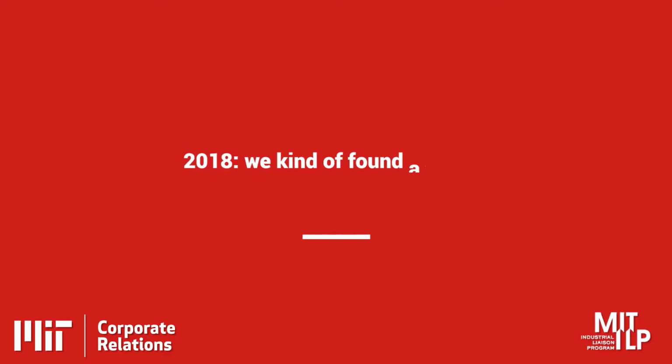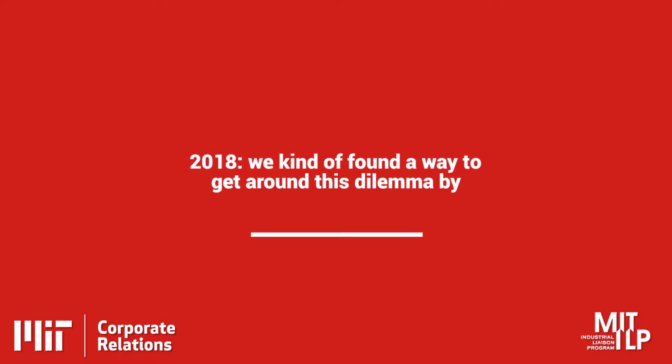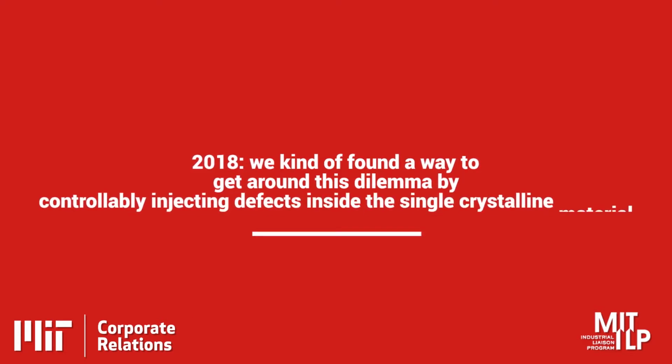If you have a single crystalline based memory resistor, you can control the switching behavior much better than amorphous material. However, in order to operate a memory resistor, you really need to have defects inside the memory resistor material. In 2018, we found a way to get around this dilemma by controllably injecting defects inside the single crystalline